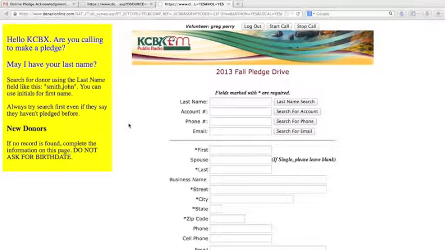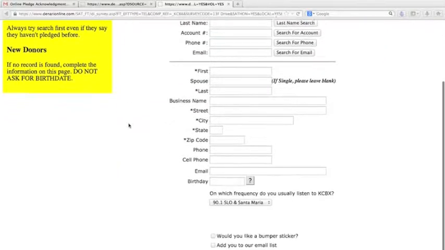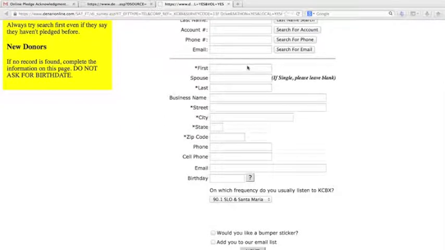So if you've searched for a donor and you can't find them in the database and they say they haven't made a pledge before, they are probably a new donor. So on this screen, just below where the search fields are, you'll see you can add a new donor. So if this was